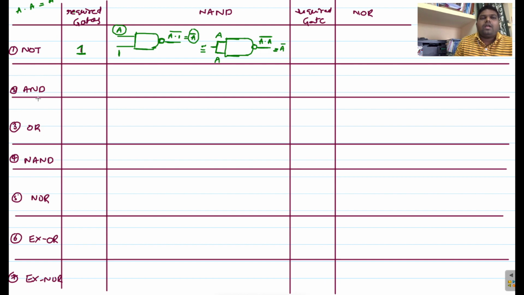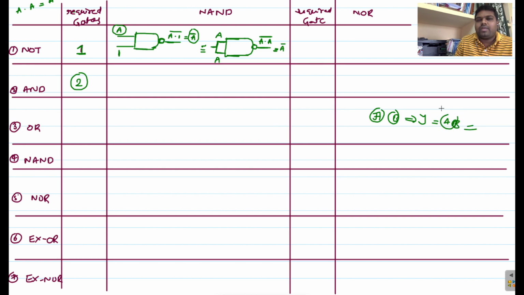And in the same way, how do we implement the AND logic with NAND gates? How many NAND gates are required to implement this particular AND logic? We require two NAND gates. Generally the AND gate is nothing but a product. If A and B are two variables, the outcome is AB, right? Already we know. So A is one input and B is another input, then Y equals A into B. This is the AND gate outcome.